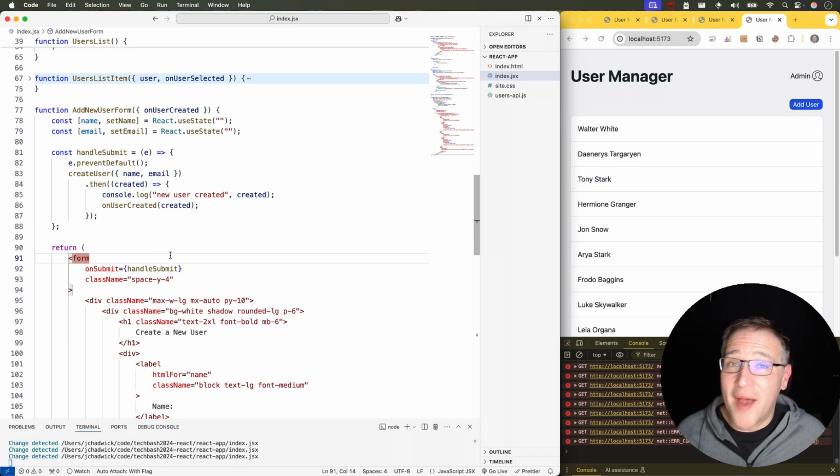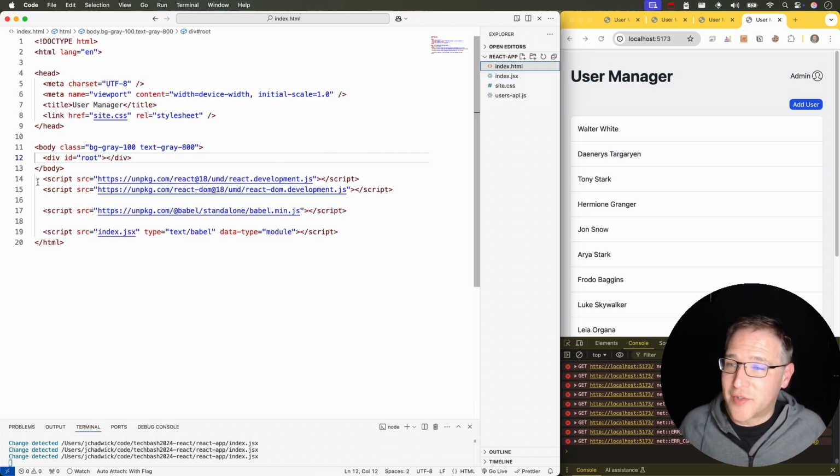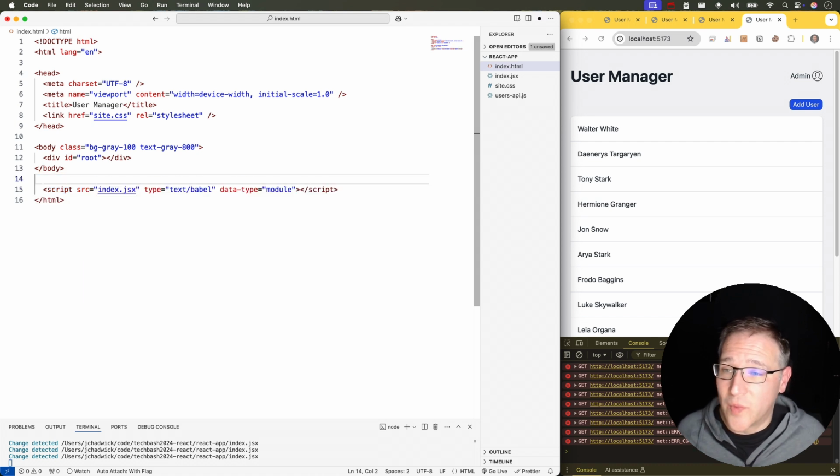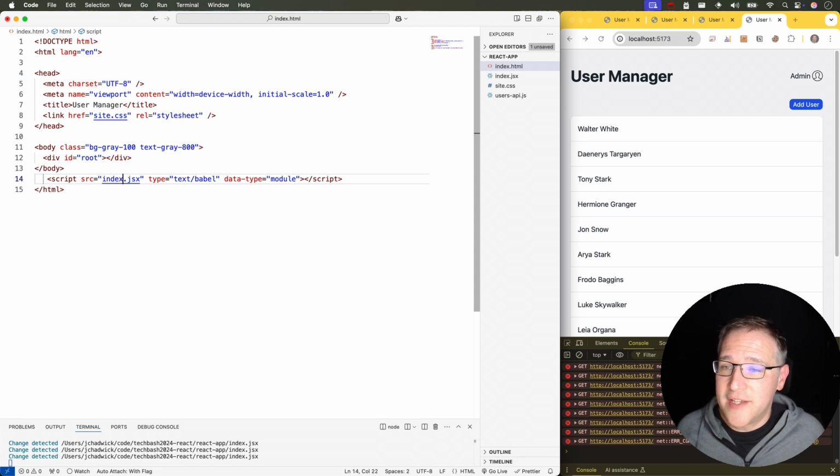Now that I've shown you how simple it is to create a React application from scratch using nothing but HTML and JavaScript, let's now go back to the beginning where I imported these scripts and talked about how awful this was and how I would never, ever do this in a production application. Let's convert this application to an actual production application. So let's get rid of this. Get rid of these Babel imports,